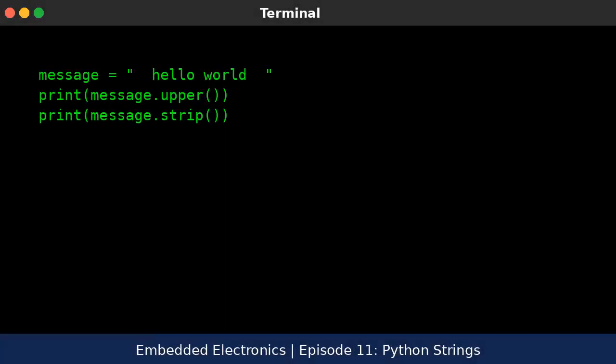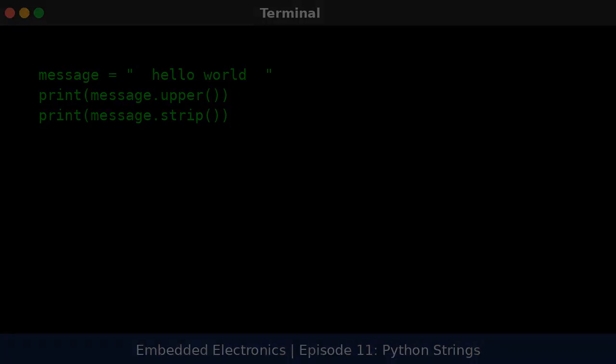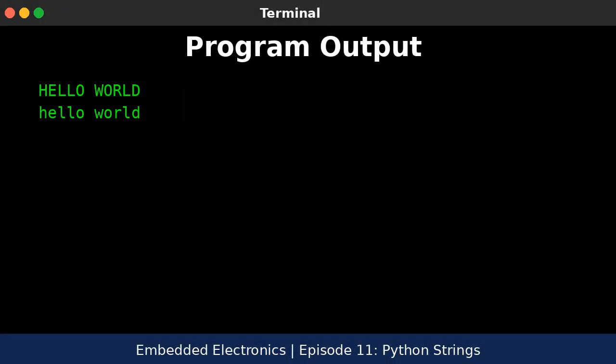This example demonstrates string methods like upper and strip to modify and clean strings. The output of example 3, using string methods, is as follows. Hello world. Hello world.